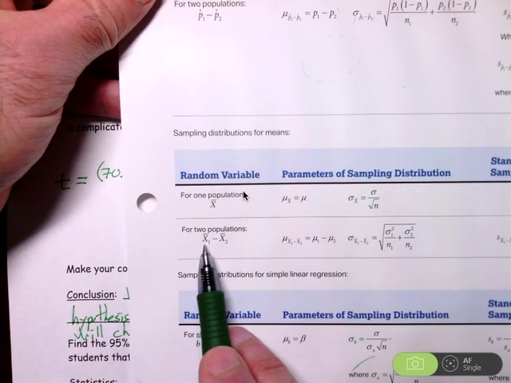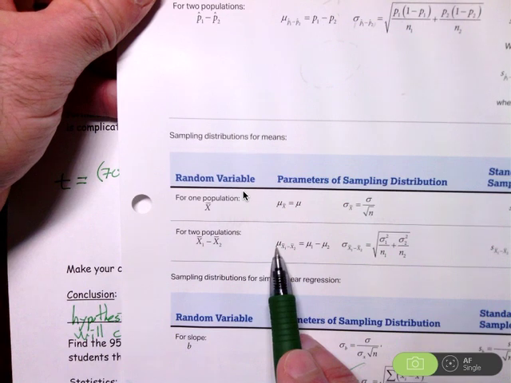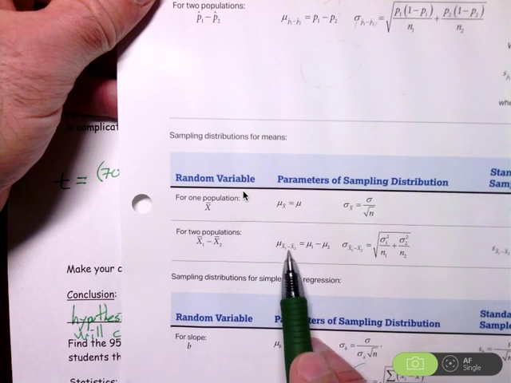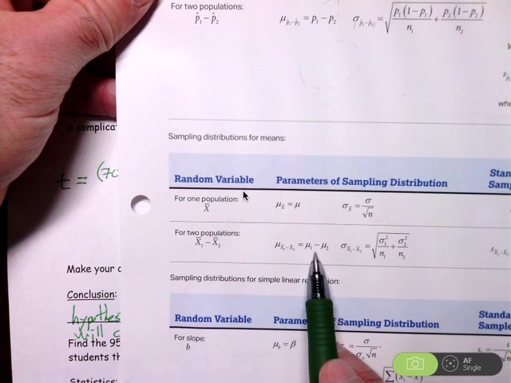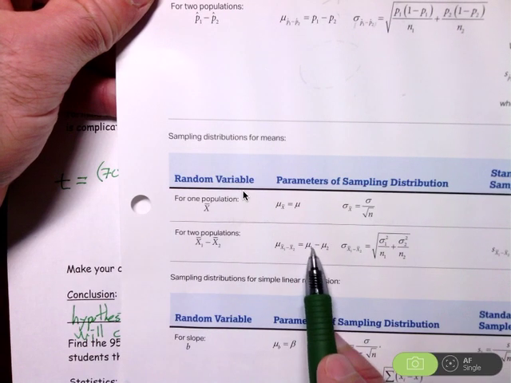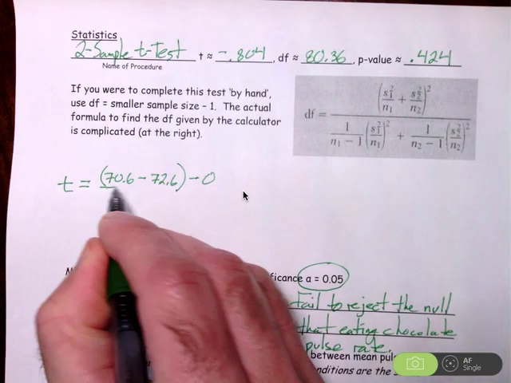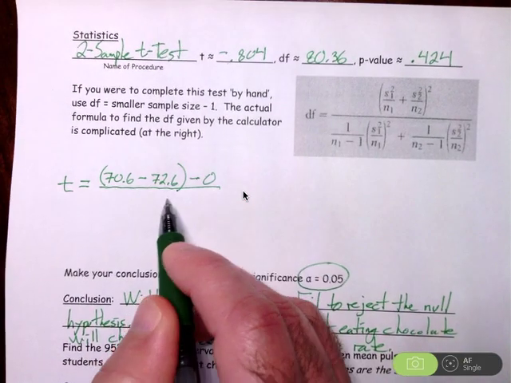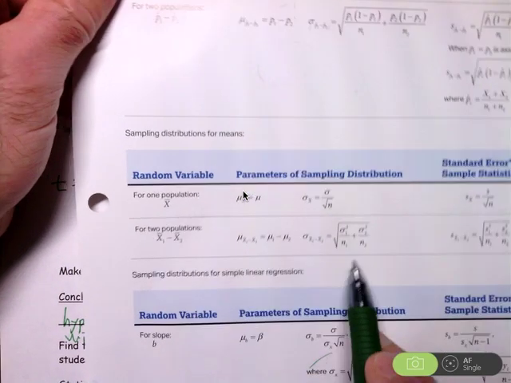So when you are working with the difference between two sample means, the truth in the middle, the mean of the differences of those sample means, is the truth. So in our null hypothesis, our chocolate and control groups we have assumed have the same mean, so the true difference is 0. So I'm going to subtract 0 when I standardize this difference. And then I need to divide by the standard deviation. But we already developed a formula for the standard deviation.